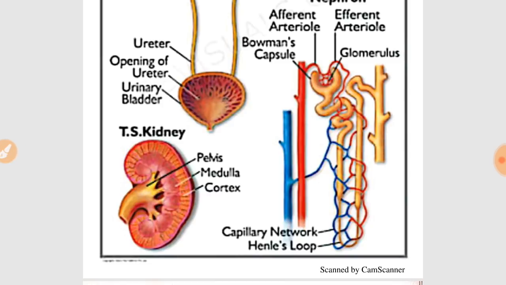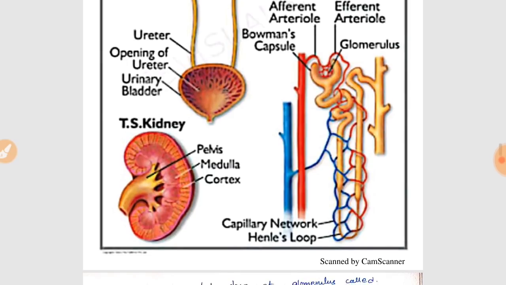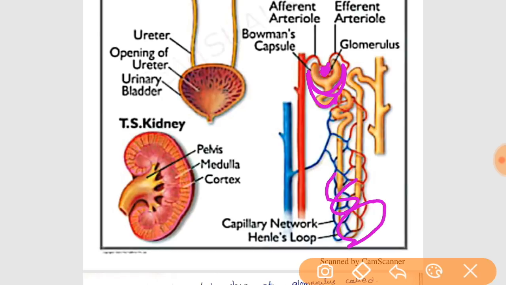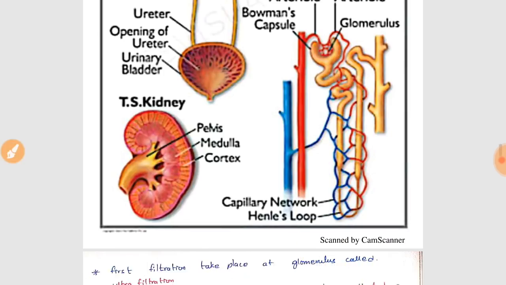So there are three parts which are mainly recognizable in the nephron, that is the glomerulus, which is inside the Bowman's capsule, the Bowman's capsule itself, and the loop, which is called Henle's loop, friends. Okay,